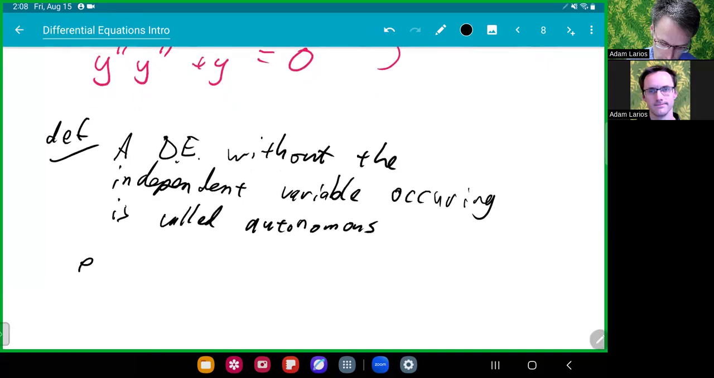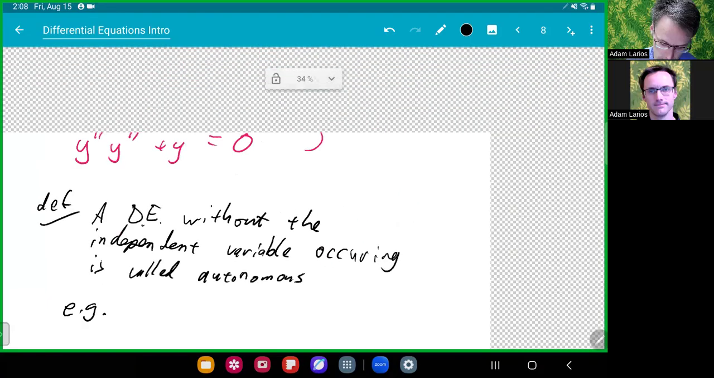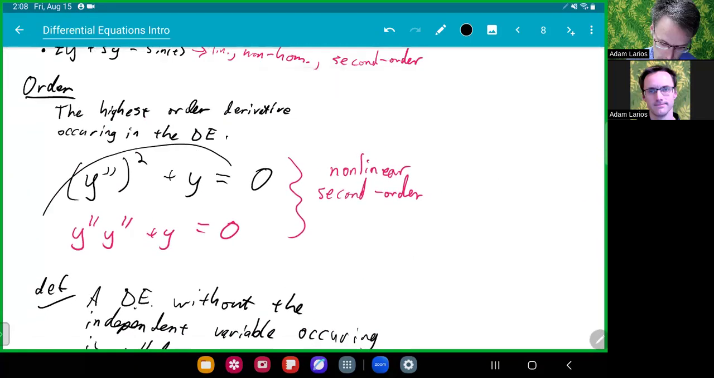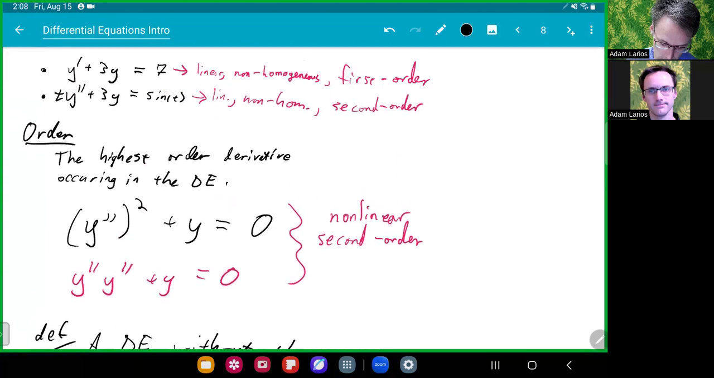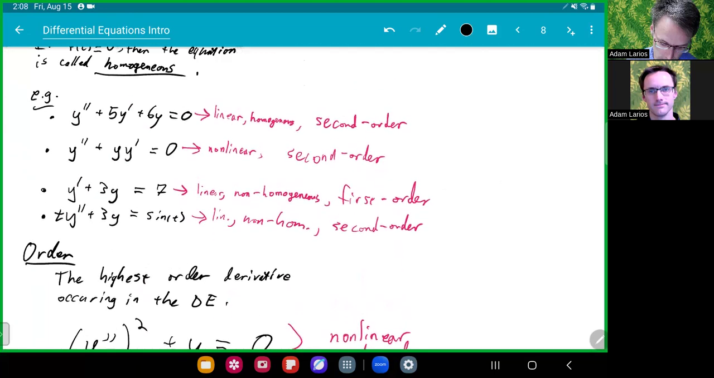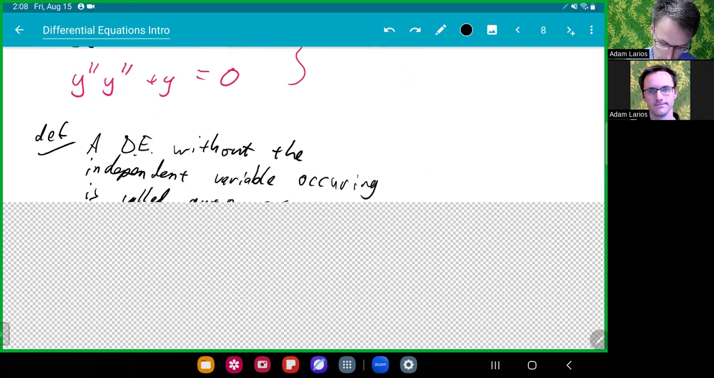So let's see some examples here. Well, maybe we can go back here for a minute. These here, no independent variable showing up. So these are autonomous. This one is not autonomous because of the t showing up. And these other three are autonomous. Let's see